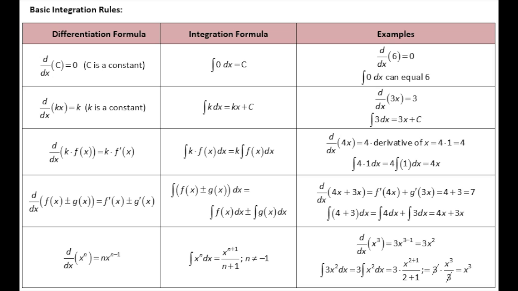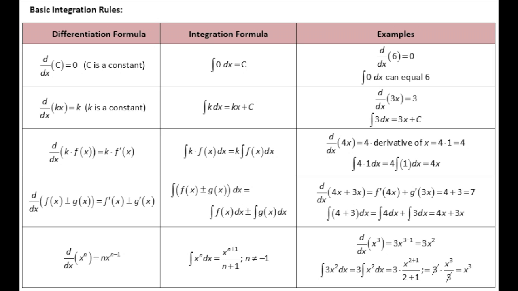And so here we have the basic integration rules. First we have the zero rule, which is that the integral of zero is c. And here is the second rule. If you take the integral of any constant, like 3 or 7, then the integral goes to 3x plus c or 7x plus c, or in this case kx plus c.